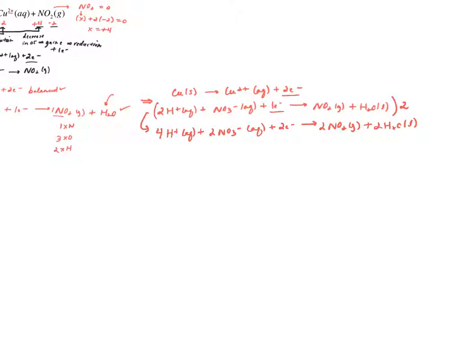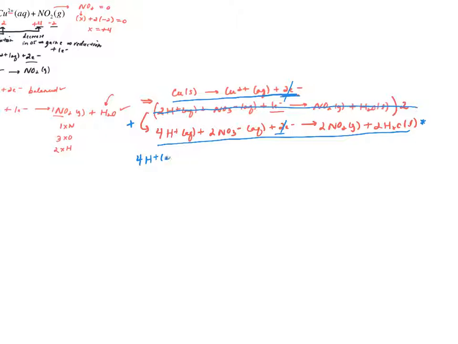Okay, and so I'm going to go ahead and just cross this guy out to show that we're done with it. It has turned into our new reduction process that has 2 electrons. And so now I'm going to take my oxidation and add it to my reduction. So we're adding these guys. Note that I have 2 electrons here as a reactant. I have 2 electrons over here as a product. Those are going to cancel, and I'm going to be left with